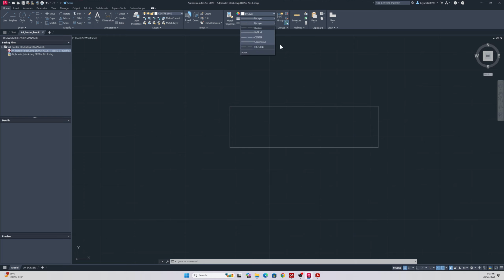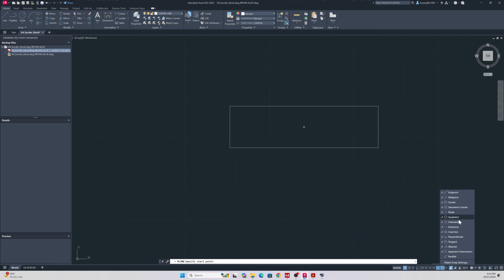So now if I'm going to go center, I will go to this drop-down center line, then make sure that the layer is by layer. If it's not by layer, or you don't have it on center, then you won't see the center line come up. So select the line, polyline. If you don't know how to turn these snaps on, it's just in the bottom corner here, snap cursor, and I have all these selected, but you don't need to. Sometimes it's a bit annoying because you start to snap onto stuff that you don't want to. So in this case, you really just need a midpoint, center,